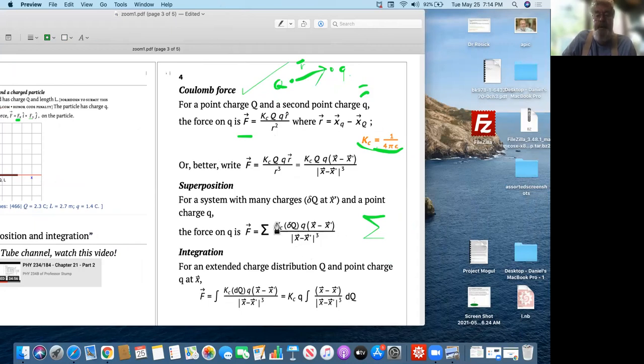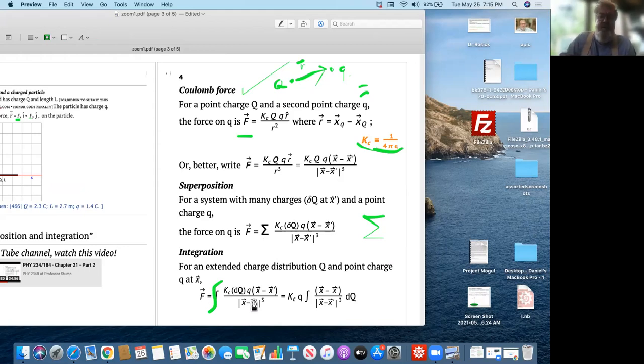this quantity. But you know what happens when you add up an infinite number of infinitesimal contributions. That's the integral. So that's integration. So we replace the sum by an integral. The function is the same as before. k, only instead of delta Q here, we write dQ, the differential part of the charge, times q, that's the test charge, times x minus x prime over |x minus x prime| cubed.